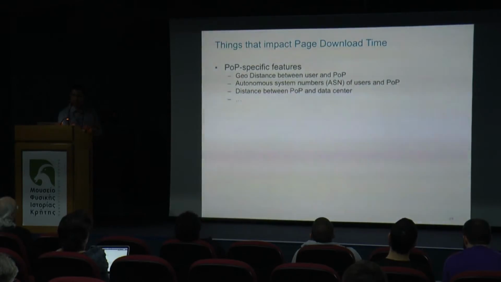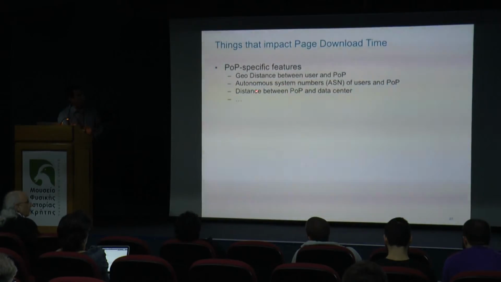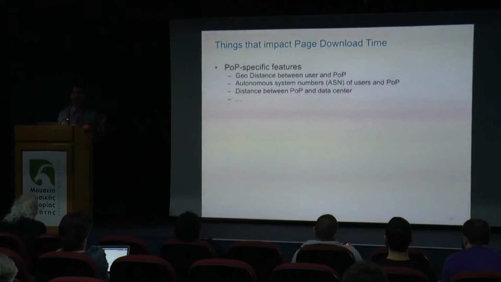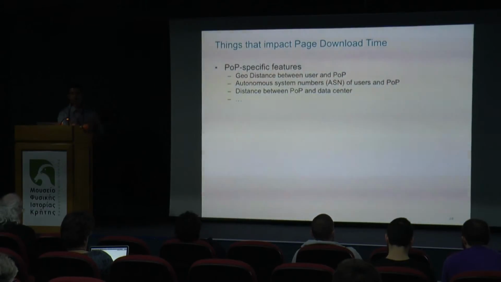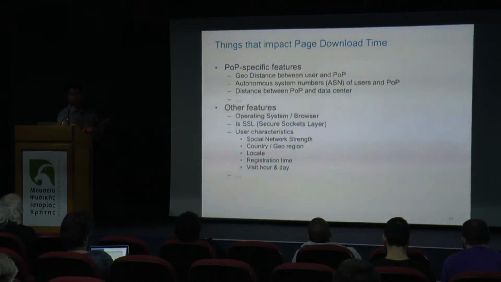So there are POP-specific features. Wherever there is a candidate POP, you have to figure out the geographical distance between the user and the POP. That's what we looked at before. But we also have to look at the origin ASN of the user, what ASNs the POP is peering with, what the different peers for this POP are, and the distance between the POP and the data center. And then there are other features like